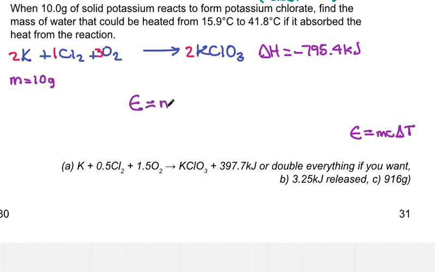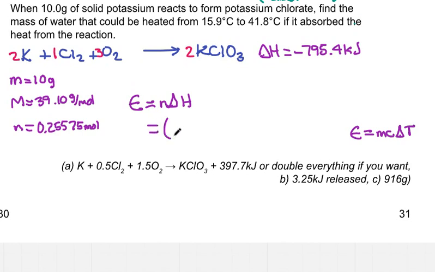We have to do energy equals n delta H. This will tell us how much energy the reaction makes, and then we'll take that energy over to here and calculate a mass with it. Our mass is 10 grams. The molar mass for potassium metal is 39.10 grams per mole. And so our number of moles is 10 divided by 39.10, 0.255575 moles. Energy equals n delta H equals that number I just said, 0.255575